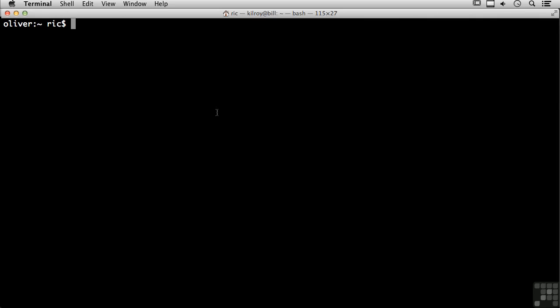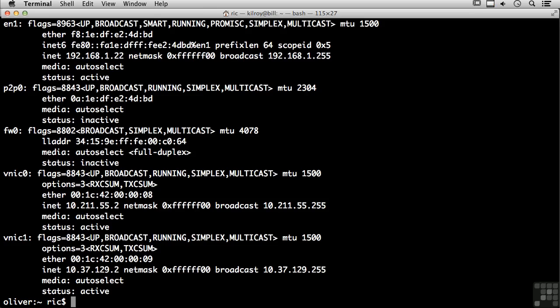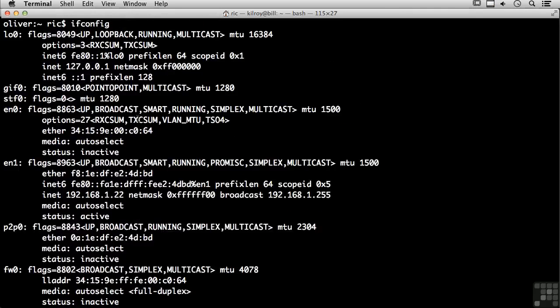Now, the first one I want to show you is a utility called ifconfig, and that's going to show me the interface configuration for my network interfaces. Now, a variation on this particular utility also works under Windows. Instead of ifconfig, it's actually ipconfig. You'll see more or less the same information. It will be presented in slightly different ways, but basically the two utilities are just ways of looking at the